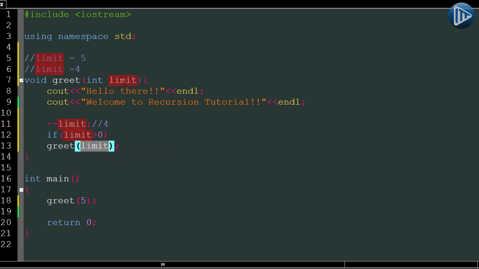And now it will receive 4 instead of 5. And then we are going to call hello there, welcome to the recursion tutorial, and this time we are going to decrease the limit value, which is currently 4, and turn it to 3. Now it will become 3. Is 3 bigger than 0? Yes, it is. Now we are going to call the greet function, but this time with value 3 instead of